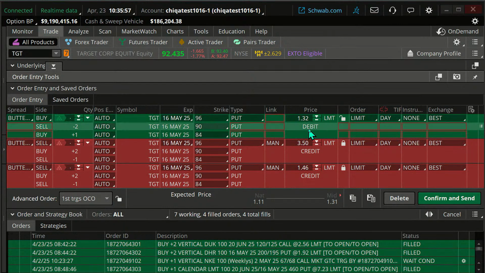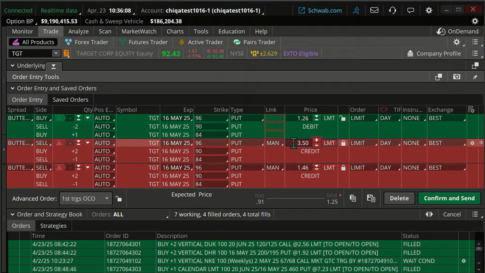I did it wrong, folks. Well, we have $132 minus the $225. That's going to be about $93. If we can get out at a 93 credit on that, that's going to be our gain on that. What about a loss?